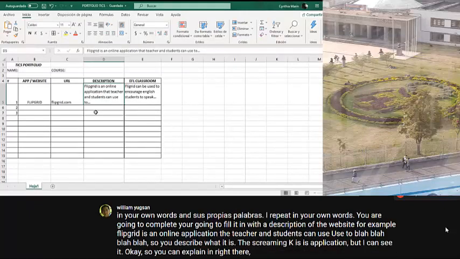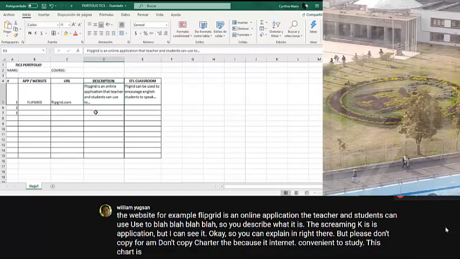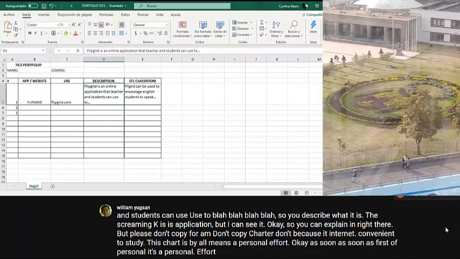But please, don't copy from the internet. Don't copy each other. Tampoco se copien entre ustedes. This chart is, by all means, a personal effort. Es un esfuerzo personal. It's a personal effort. That's the idea. And finally, on the last column,